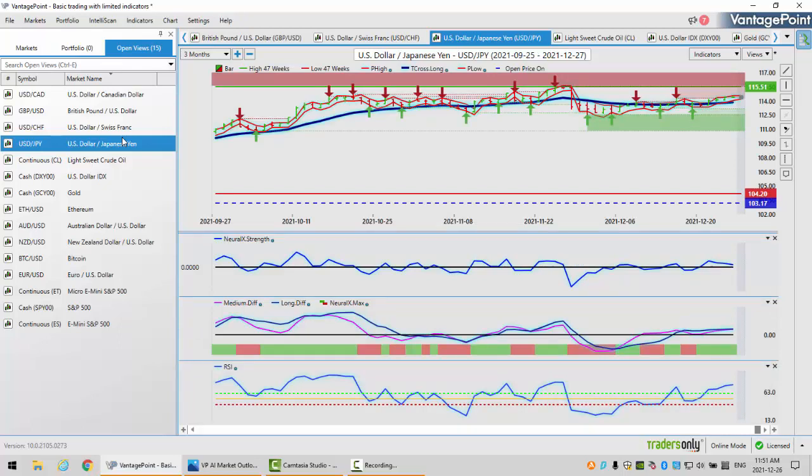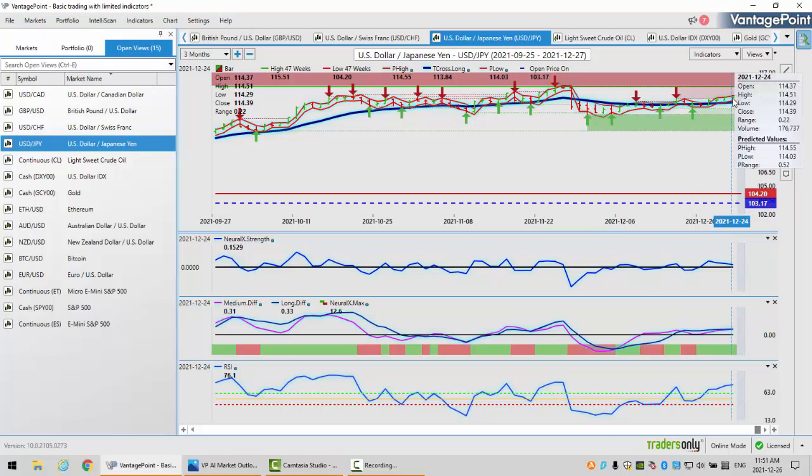The dollar yen is usually bullish in the first quarter on dollar strength. And again, we are still looking with the dollar index for dollar strength going into the first quarter. That would suggest that the dollar yen can still make some upside gains. When we look at where we are near the end of the year, the yearly opening price down here is 103.17. The dollar yen has had probably one of its best years in many, many years. But it did come off to a rocky start.